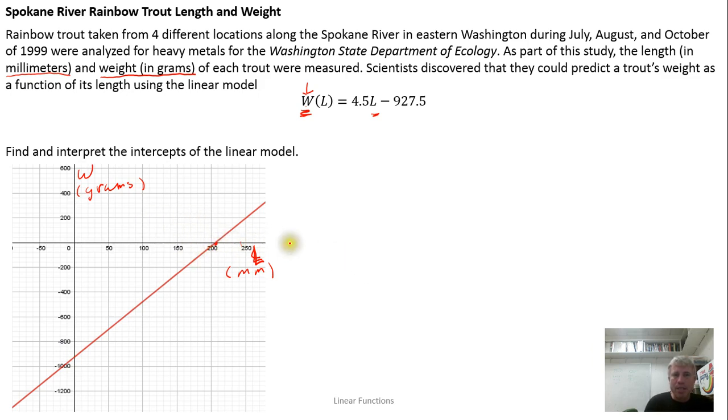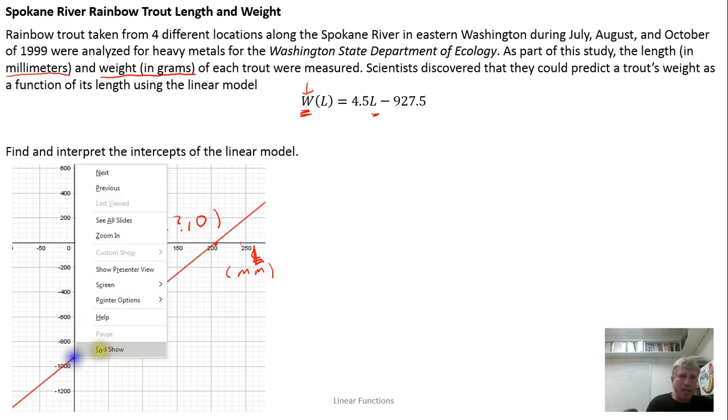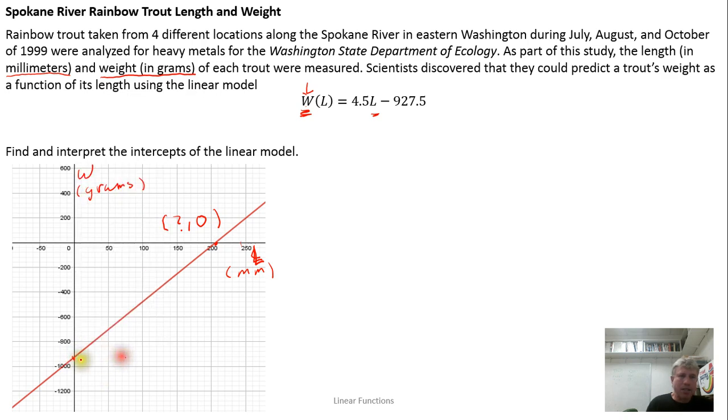So anyways, as we cross the length axis and try to figure out what number is there on the length axis, we want to recognize that the weight will be 0. And as we cross the weight axis, we want to recognize that at that intercept, the length will be 0, and we're trying to figure out the weight that goes with that. Again, because we have a model in slope-intercept form, it's going to be easiest to get the vertical intercept first, because the vertical intercept is part of the model. It's sitting right here, the negative 927.5. So the weight intercept